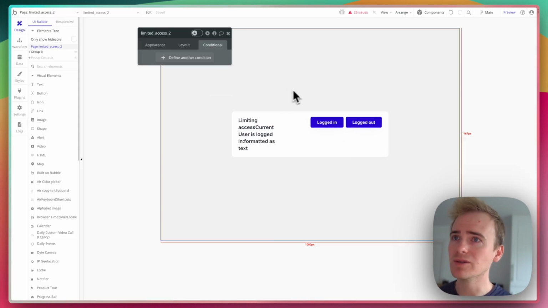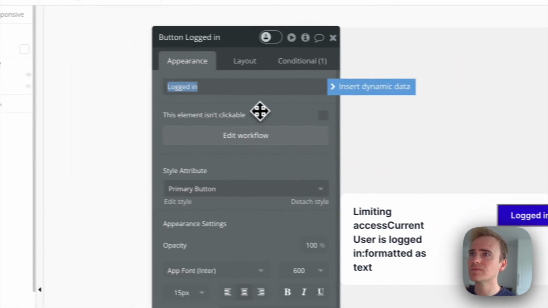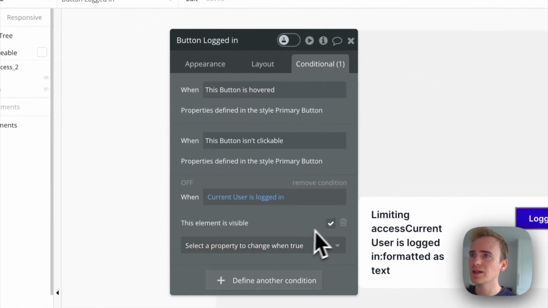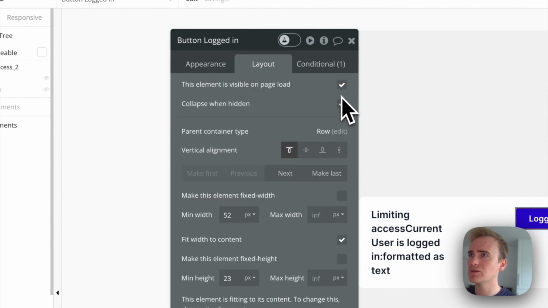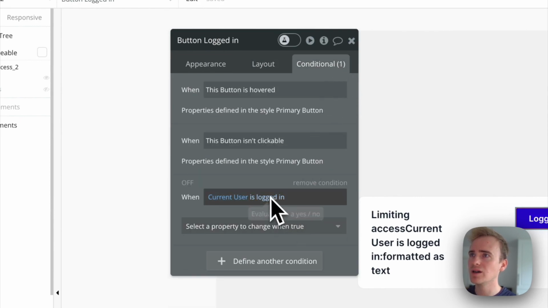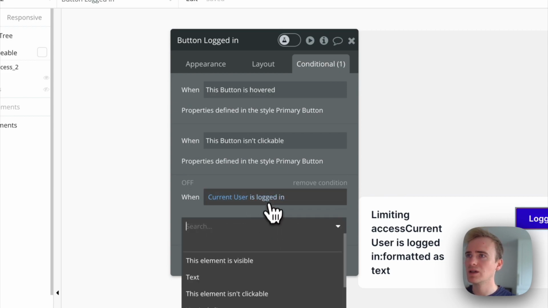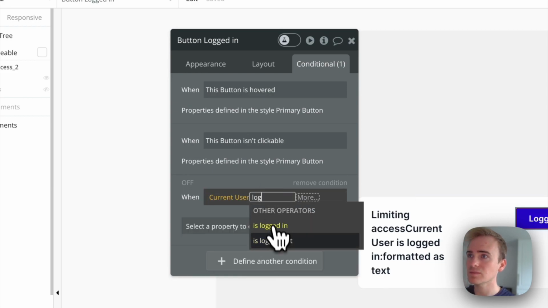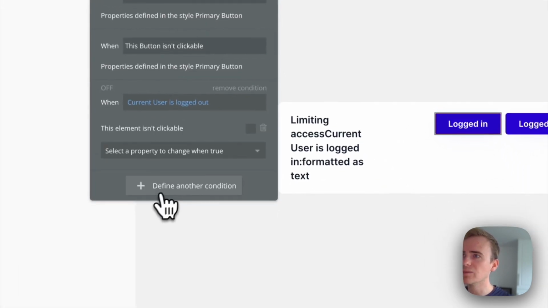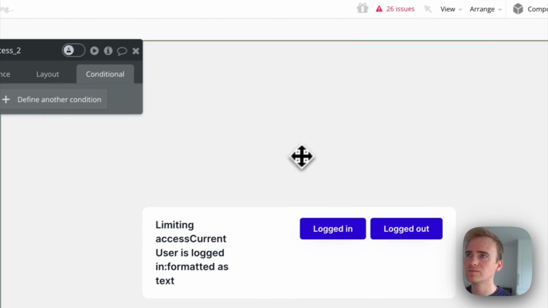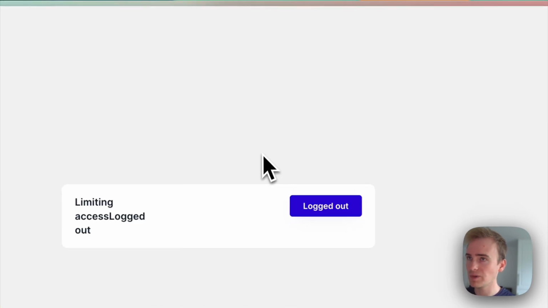So there's something else I could do with that. Instead of hiding it, I could make sure that it is visible on page load. I can say current user is logged out. This element is not clickable. And so now if I go back here,